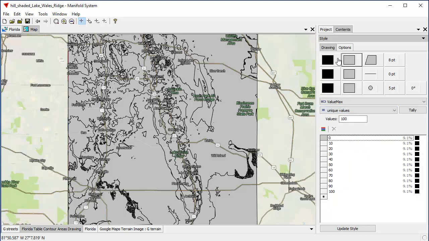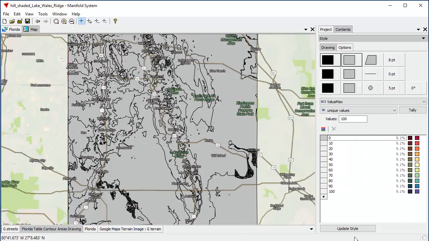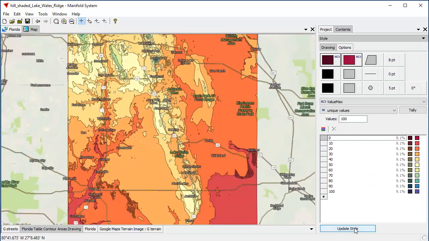I'm going to control click here so that in addition to thematically formatting the fill color, I also thematically format the color that's used for the boundaries of the areas. And I'm going to use a Color Brewer palette here. I'm going to pick it here off screen from the very long list of available palettes. And now I'm going to click Update Style, and bang, there we have just automatically formatted the fill color and the border color for the areas that compose these